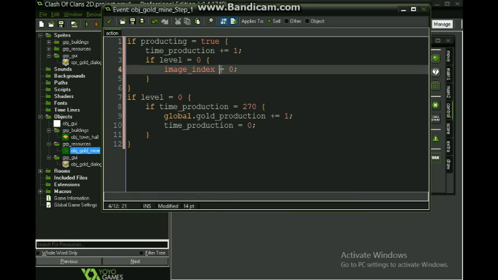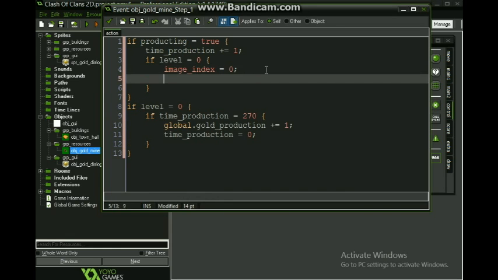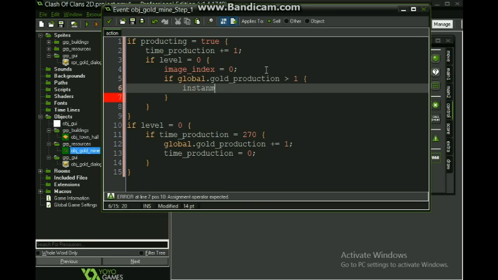Then if we go to level 0, we say if global.gold_production is greater than 1, we say instance create x, y, negative 32, object gold. There you go.